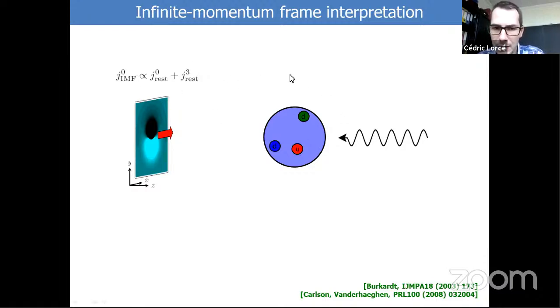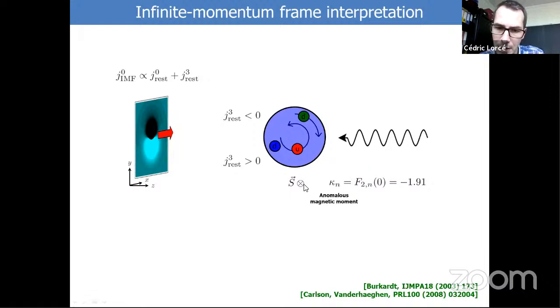So if you apply this to our system, here it's not our neutron with 1 u quark and 2 d quarks, it's a positively charged u quark and a negatively charged d quark, and you look at the system that is polarized in the x direction. So that would be going inside the plane. So if the spin is going inside the plane, and then we look at the magnetic moment of the neutron, the magnetic moment of the neutron is negative. So to get a negative moment for that, you need the up quark to orbit.